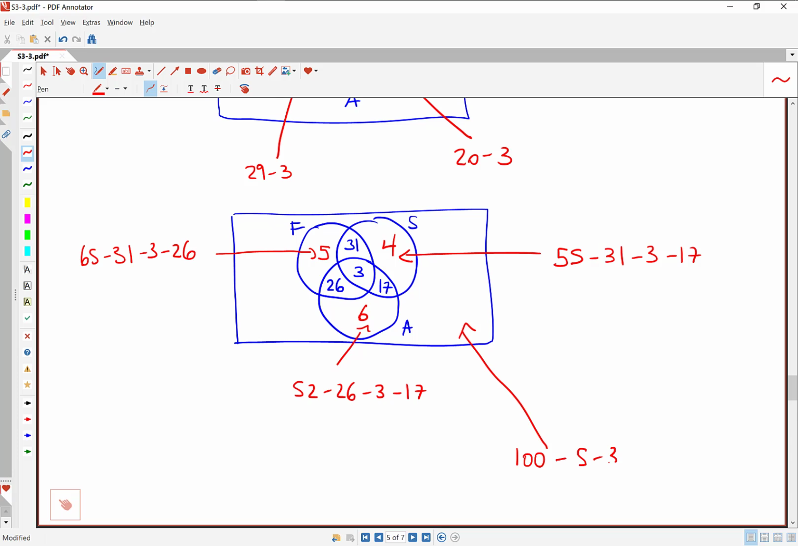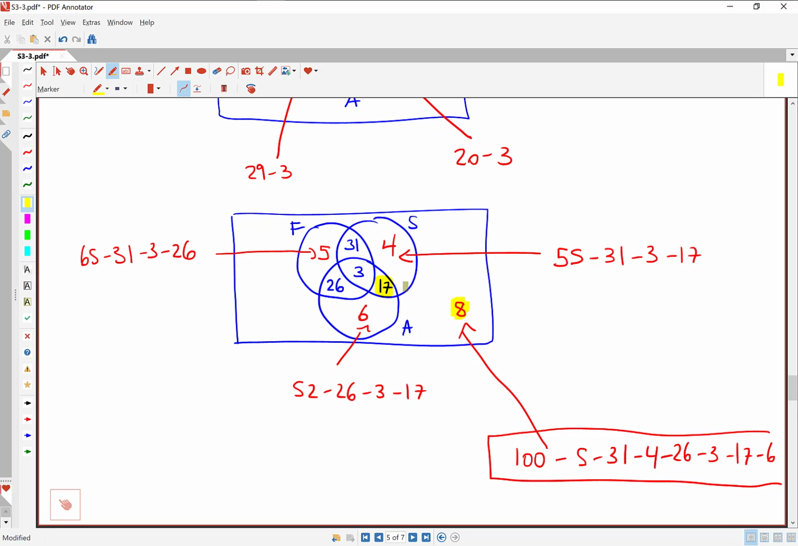So minus 5, minus 31, minus 4, minus 26, minus 3, minus 17, minus 6. Calculator is your friend here. So we can just plug that into the calculator and figure out how many people we're left with in that outer region. So that leaves us with 8 employees out here, and we've now got a completed Venn diagram. We can see our breakdown of our 100 employees